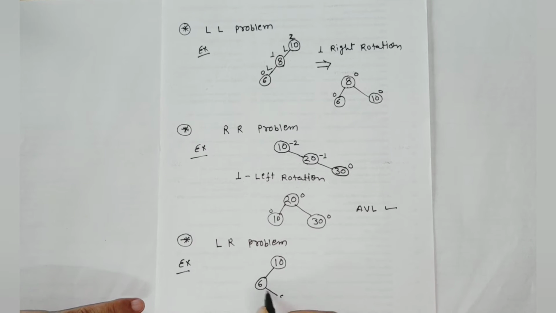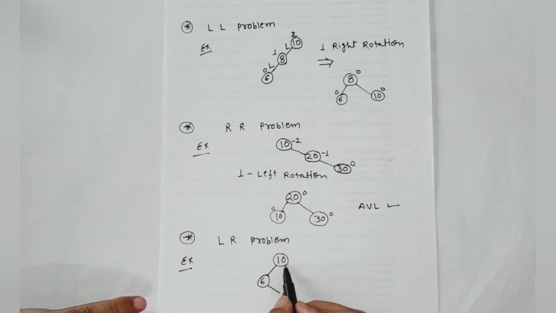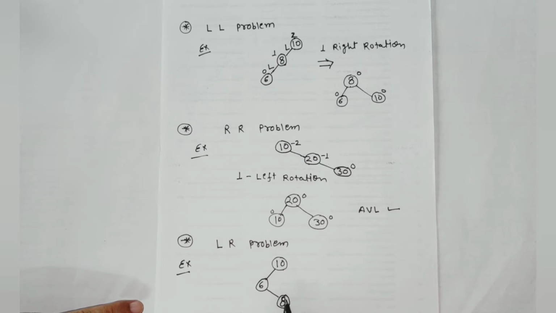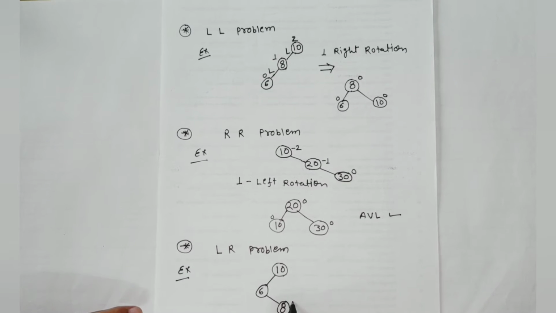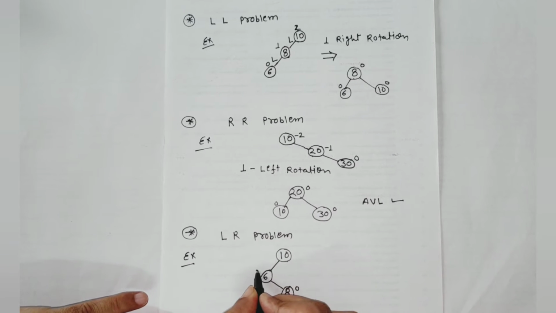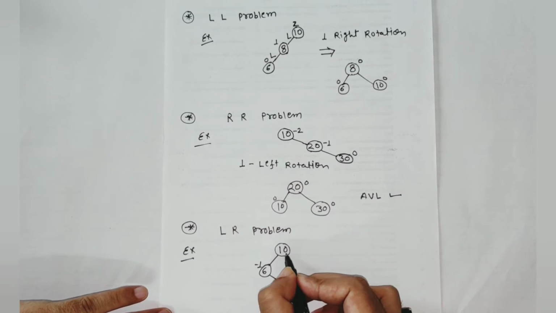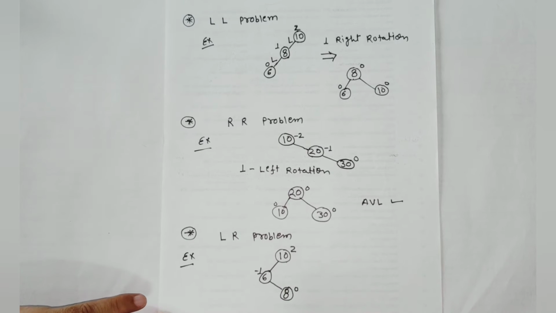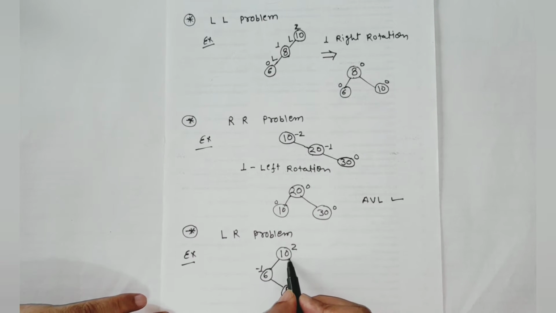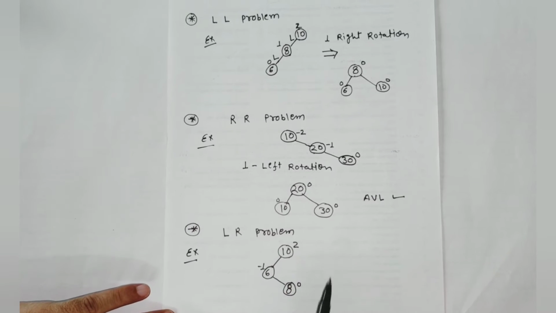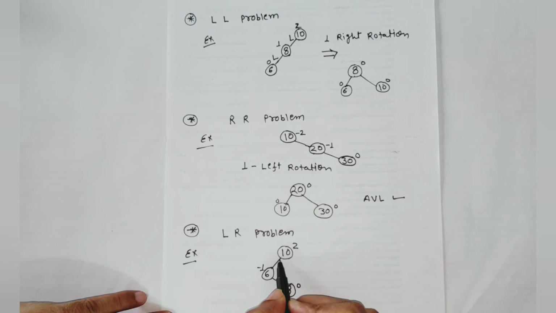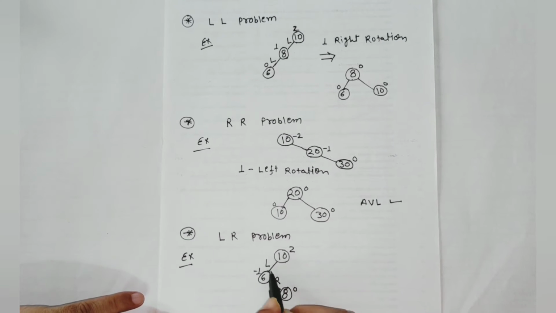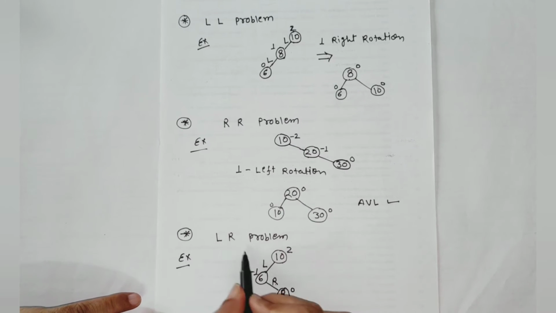So 8 will be on the right hand side of 6, because 8 is less than 10 and greater than 6. Now we will check the balance factor. So the balance factor of 8 is 0, for 6 the balance factor is now -1, and for 10 the balance factor is 2, because there is no right element. So now again it is violating our condition, because the balance factor of 10 is 2 and it should be 0, 1 or -1. So we will check which nodes are making the problem. So it is on the left, then right. So it is called LR, left to right. So it is called the LR problem.